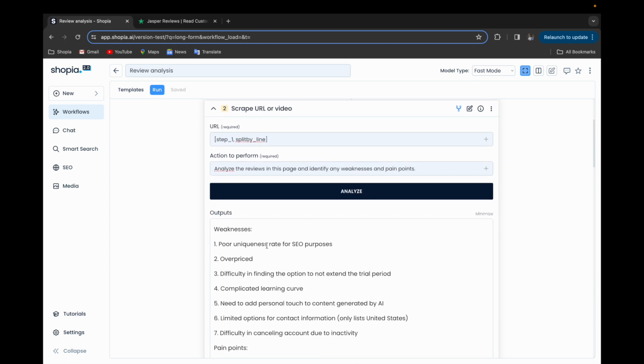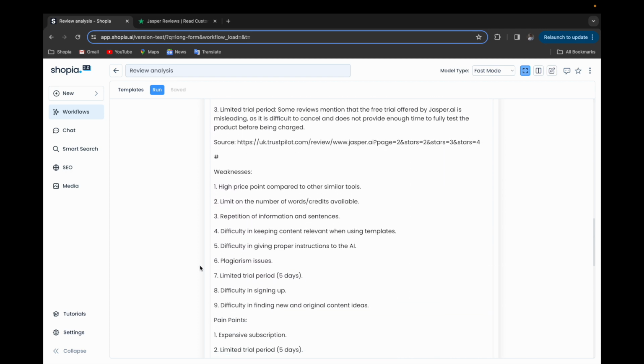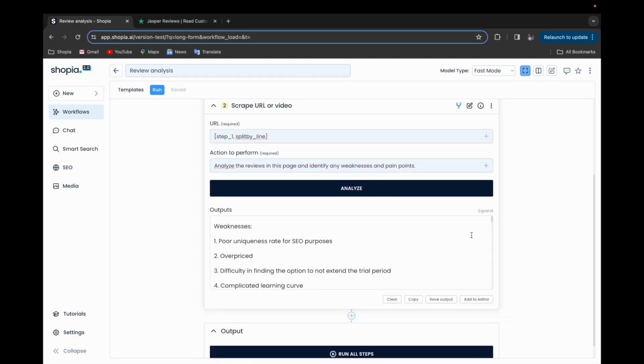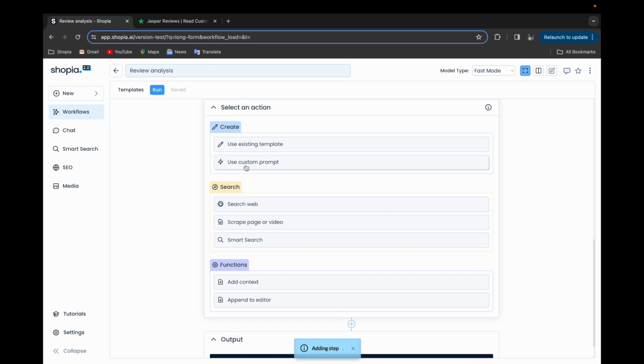Now, you can always go back and tweak the action you want to perform. You can say, analyze the reviews and write in detail, so it's less of a very short summary and more detailed. Okay, this is done quite well. Now, if you're doing this over several pages, this can get very long, right? And a lot of things can get repeated multiple times. So for that reason, we can add another step and summarize this into just one complete